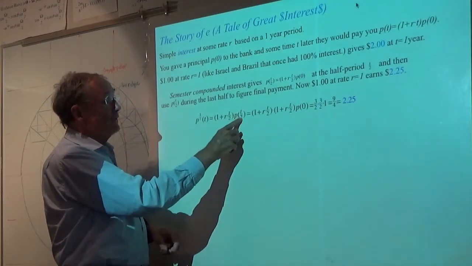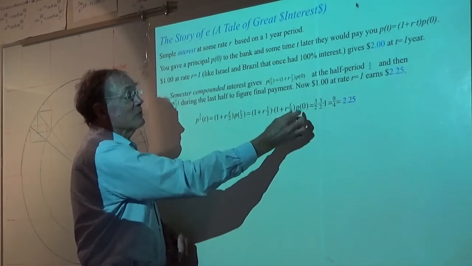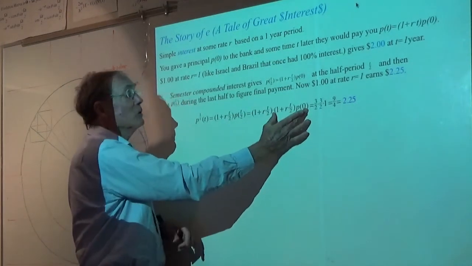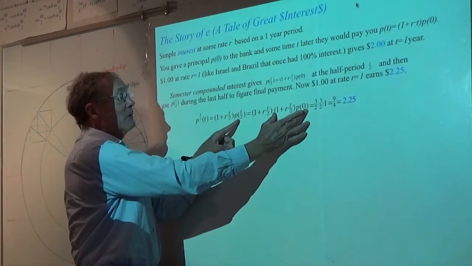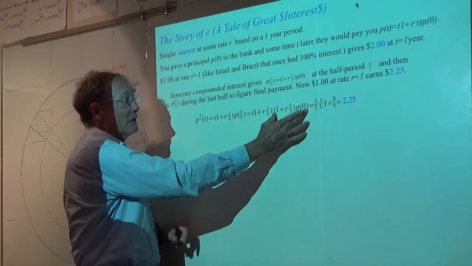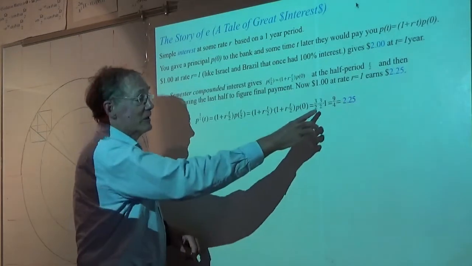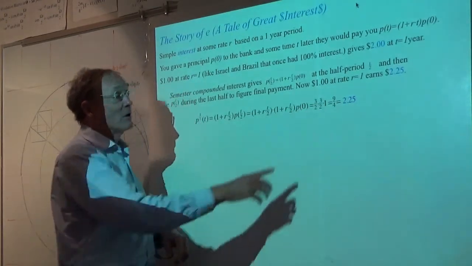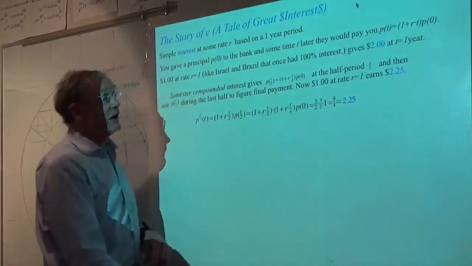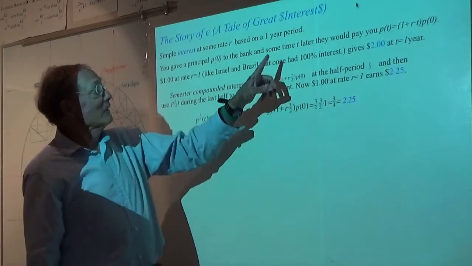So this principal right here equals 1 plus the rate times t over 2 times the original one, and then this is a new principal to start at the halfway point of the year. Okay. So I would get at the first year 3/2, and then I would get 3/2 multiplied by that, so I would get 9/4 of my original $1 that I put into this.